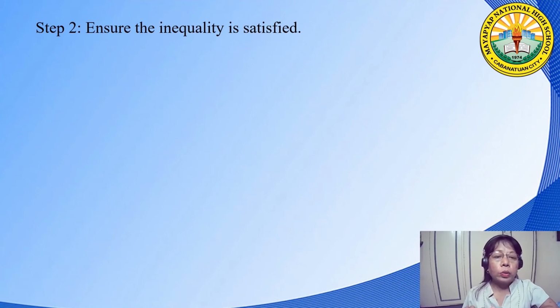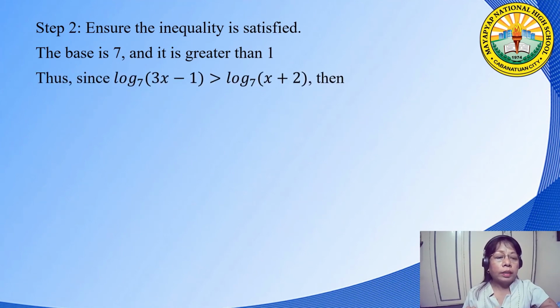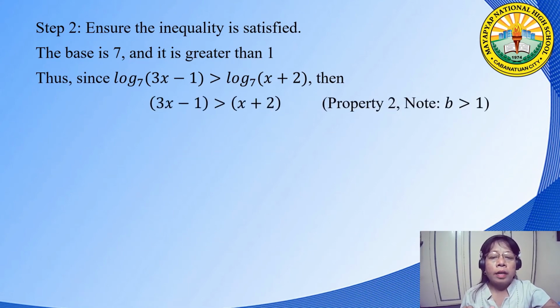Step 2. Ensure the inequality is satisfied. The base is 7 and it is greater than 1. So thus, since logarithm of quantity 3x minus 1 to the base 7 is greater than logarithm of quantity x plus 2 to the base 7, then applying property 2, note that b is greater than 1. So we have